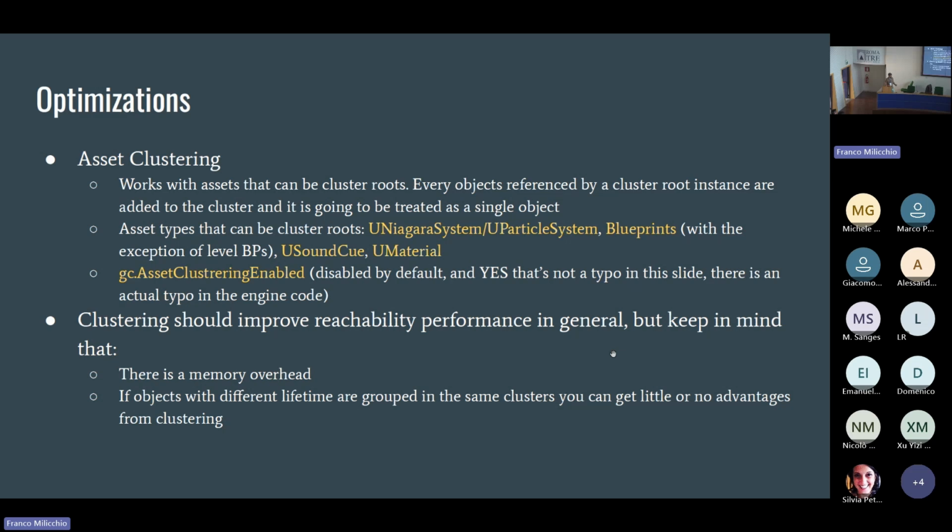So you will eventually use more memory. And if you have objects with different lifetimes that are grouped together, you can get little or no advantage from clustering, because you are keeping multiple objects in memory when they could be freed because they are not needed anymore.